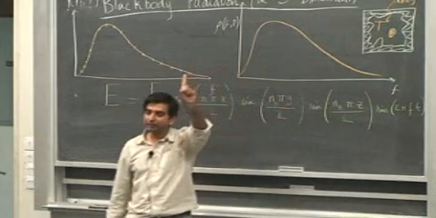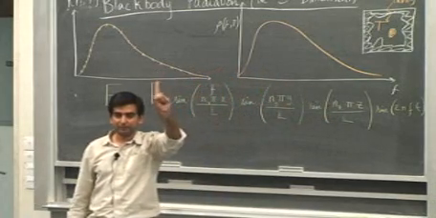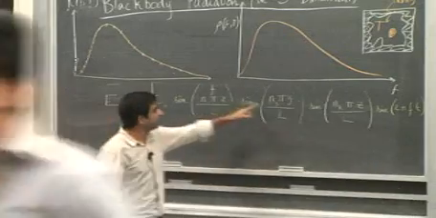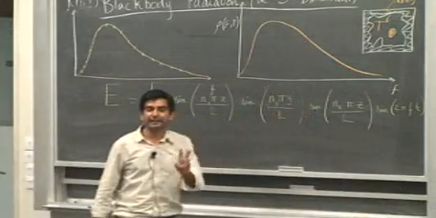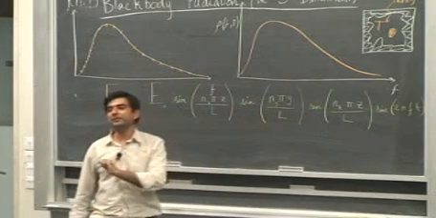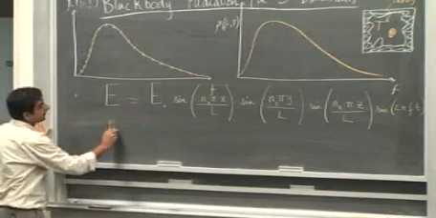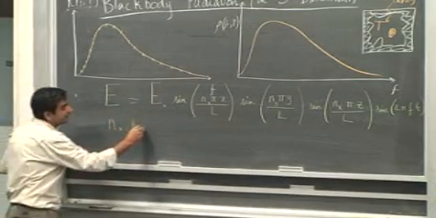In 1 dimension we only had one n. Now we have 3 kinds of n's, nx, ny and nz, and they define the mode, and each one of them is a positive integer. So nx, ny and nz,